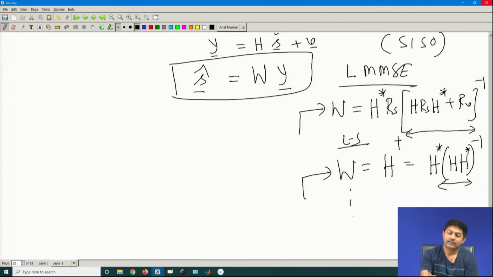What if the dimension of y is large? Let us say I take a dimension of 30 or 40. So, what is the dimension of this inverse? It is a 40 cross 40 matrix. A 40 cross 40 matrix inversion is not an easy task. It will take huge computation. So, we never want such kind of equalizer development for a large system. For a small system, fine. That is why if it is just a 2 cross 2 MIMO or a 4 cross 4 MIMO or even an 8 cross 8 MIMO, probably this works fine.